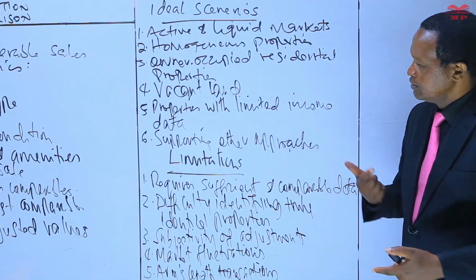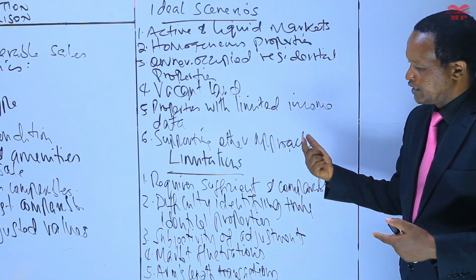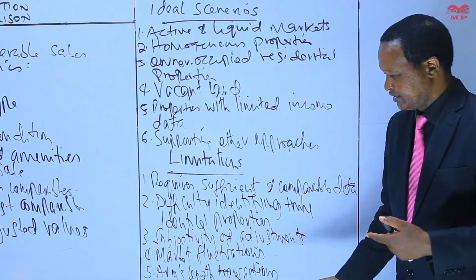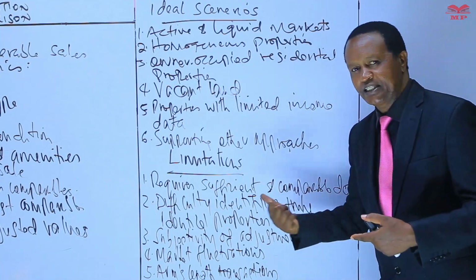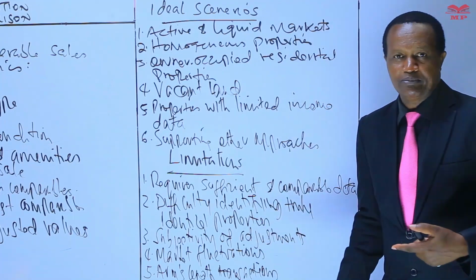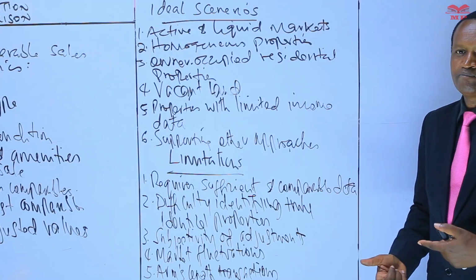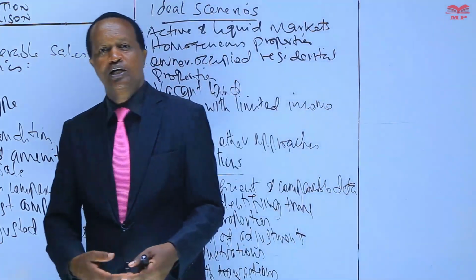So when identifying comparables, it's important to verify that the transactions were carried out at arm's length. If not, then the prices may be misleading. So these are 5 limitations. They are not the only limitations. There are many more other limitations like